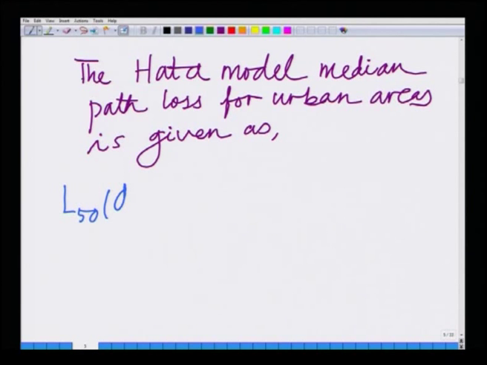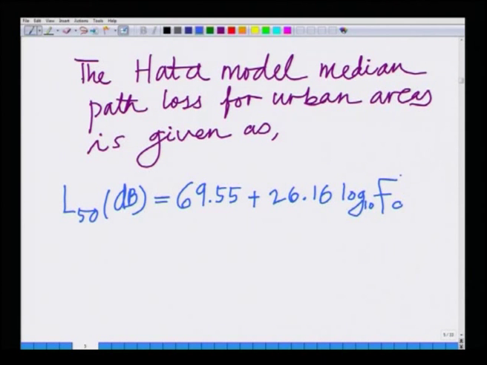The median path loss L50 dB is 69.55 plus 26.16 log 10 carrier frequency in megahertz minus A(HRE), I am going to describe these terms shortly, plus